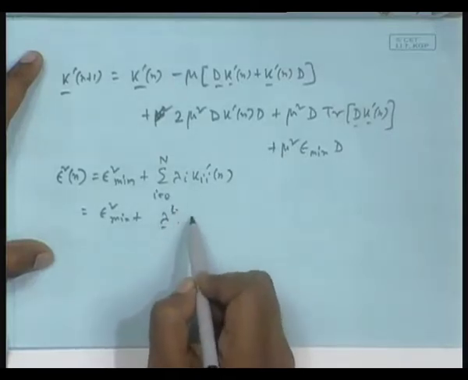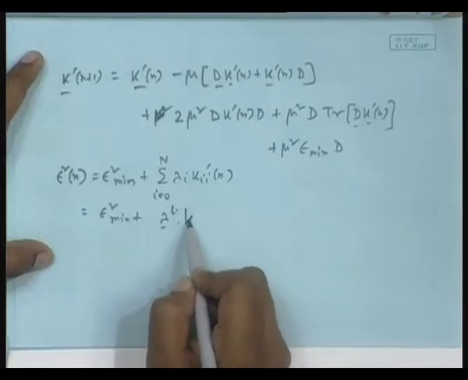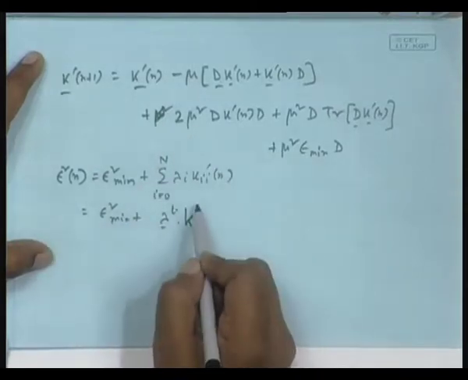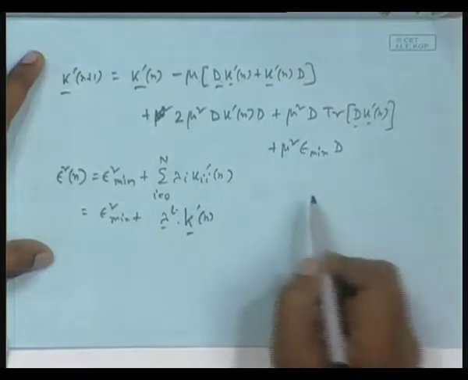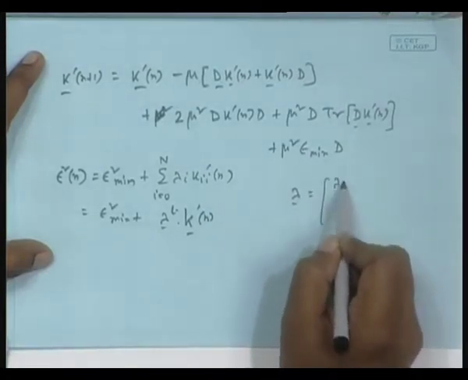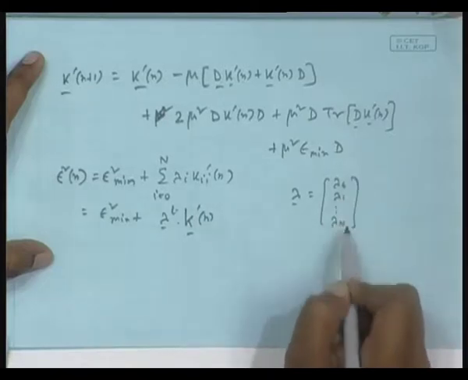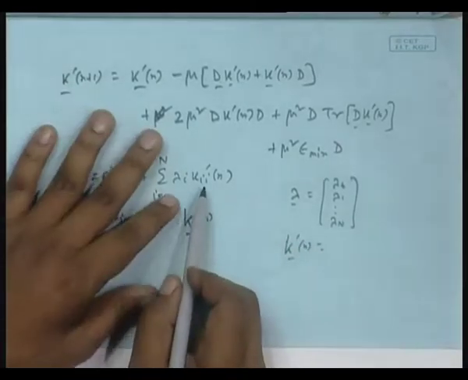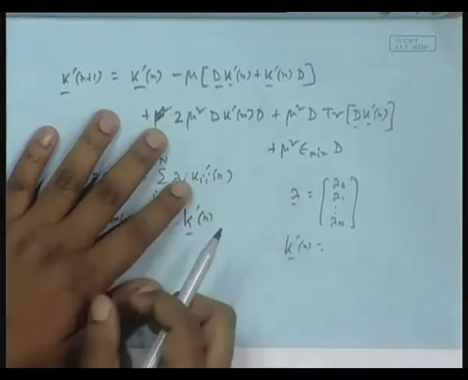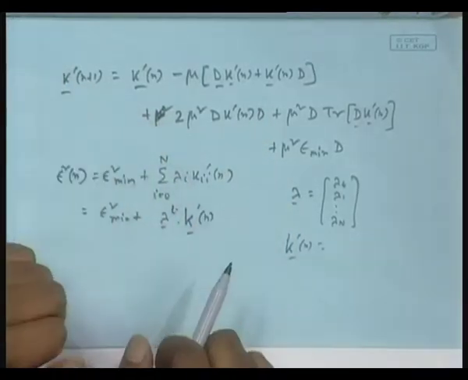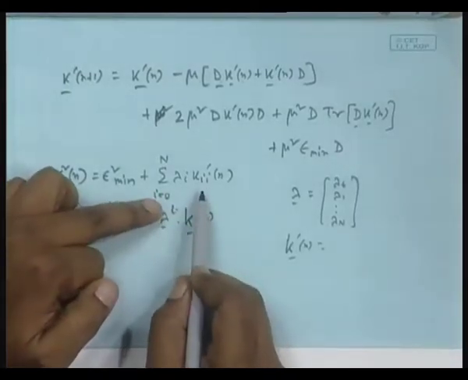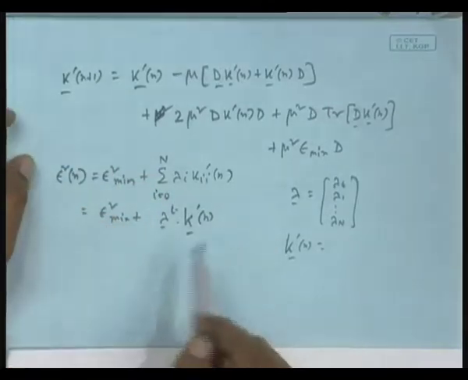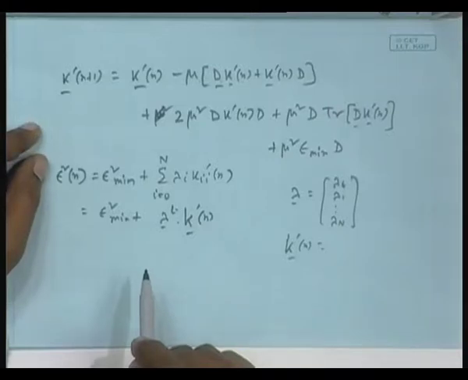lambda transpose into, I am giving some definition now. This is lower k, I am defining a vector now, it is just notation, k prime n, where lambda vector is lambda 0, lambda 1 dot dot lambda n, this notation, and this k prime n. If you take all the diagonal entries, put them in a vector form. So, that itself is the trace. No, do not bring trace here now. This is if I take a vector, because I am only interested about trace means again I have to bring the matrix. So, then we can directly combine the last two terms and that is epsilon square as, which one? mu square d